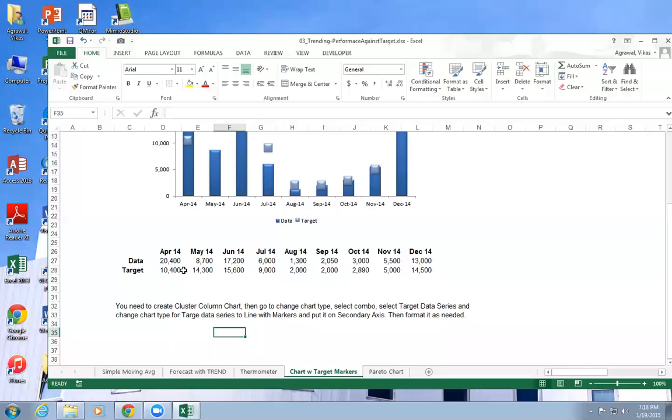Let's say you had a sale of 100K here. And then the expected year.